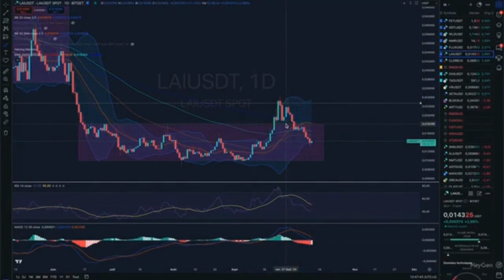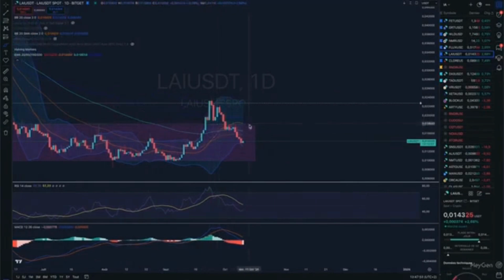So now, if we want to regain strength, we absolutely need to get back above 0.018406. This is our key level that we need to break if we want to regain strength. As long as we are below it, unfortunately, we are in a range. So, well, we just have to wait. And worse than that, if we continue to drop, the goal would be to reach the bottom of the range here at